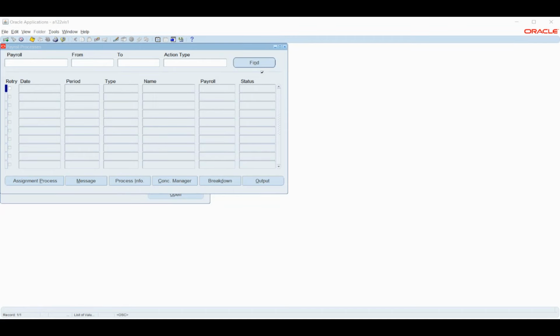Because R12 came at least 20 years back, but Fusion came recently, around 10 years or so. So it is going up now, and probably it has more added things compared to R12. Then you have to update to Fusion also, sir? You have to learn about that also, no? Yes, it's good to know Fusion also. Okay, sir.